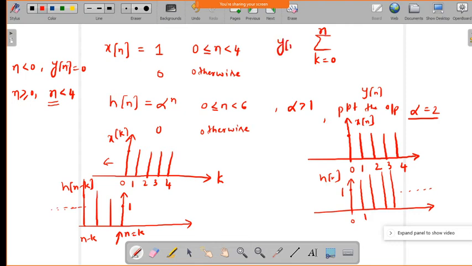So this is your y of n for the second index, which is n greater than or equal to 0 and less than 4. So what is x of k? X of k is 1 and h of n minus k will be equal to alpha power n minus k. Okay, so this is the value of x of k and h of n minus k. So now we know this expression in an expressible form, so you can find it easily. I'll take alpha power n outside, which is equal to alpha power n, and summation k equal to 0 to n of alpha power minus k.